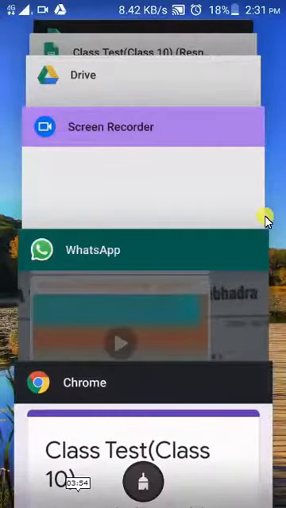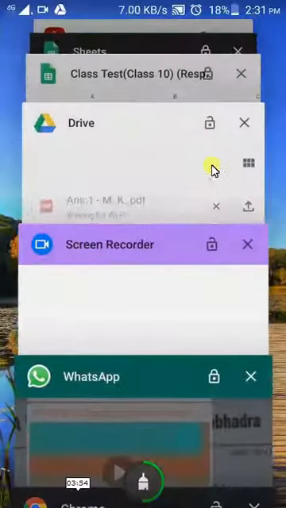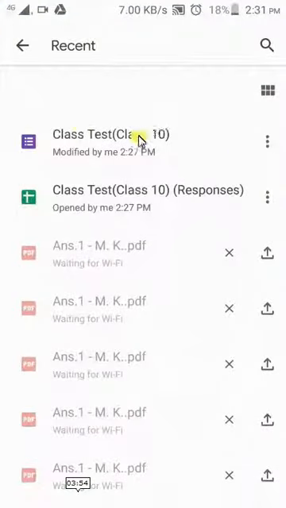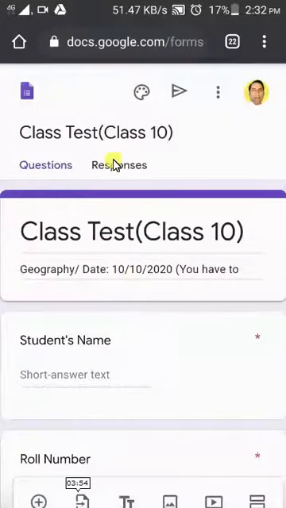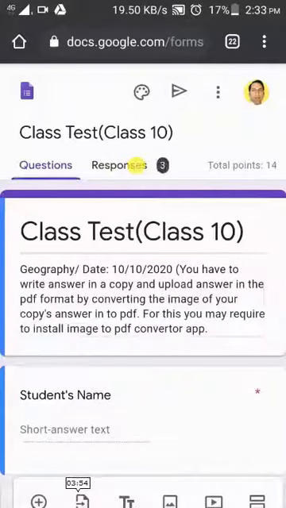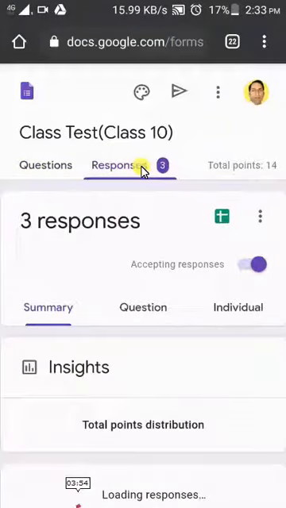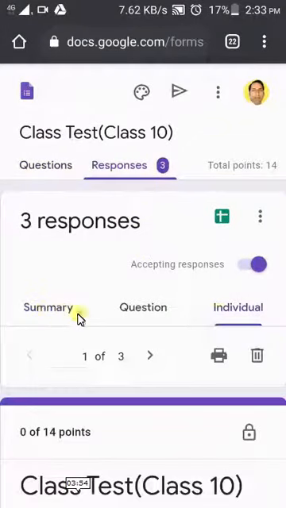And now how the teachers can do correction of such files, we'll see here. In this recent file I'm opening, we have to see the responses. We have to click this responses. Now see, the summary is coming, but we have to check an individual.